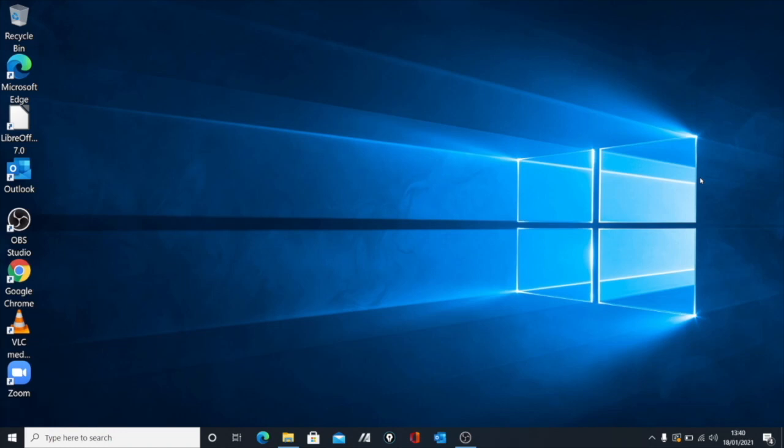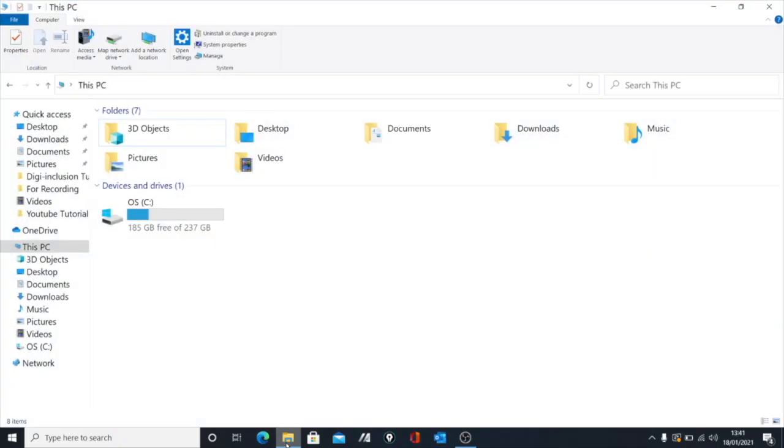Alright, so in this next section I'm going to talk a little bit about the files and folders that your computer needs to run properly, where to find these files and folders, and basically to say just leave them alone, don't delete them, don't change them, and everything should run just fine. So to find them, I'm going to show you, we're going to open up this file explorer. So this is for our Windows computer, and if you haven't done the tutorial on the files and folders, I'd advise you to have a look at that maybe before this section.